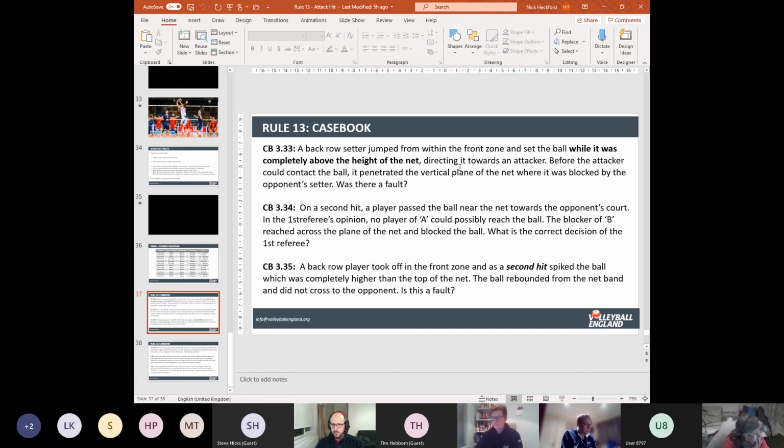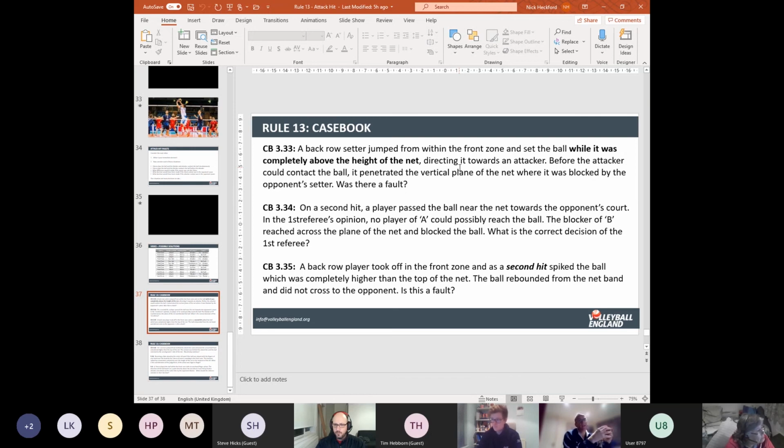But in that situation, it would only be the very cleverest of liberos that would be able to do this, I think. But it's a clear situation whereby, when you look at videos of Sergio, quite often he has taken off with one foot or two feet, depending on where he knows he is in the court. So he knows that if he has two feet on the ground, he will be illegal. So he only takes off with one foot, or he knows that he's totally legal, so he's able to take off with two feet